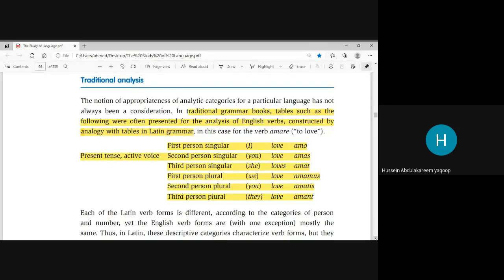Now, what Adra tries to say is that if I have the pronoun I, you, we, they, all these pronouns do not have any addition to the verb when it is in the present. So I say I love, you love, they love, we love. So this is in English. In different languages,